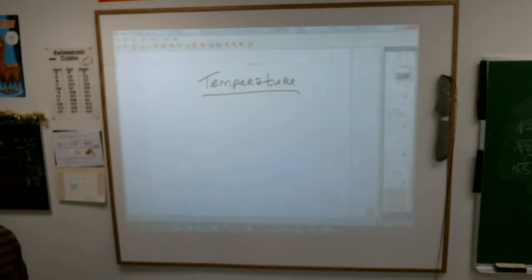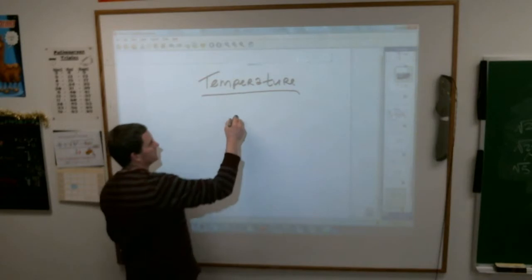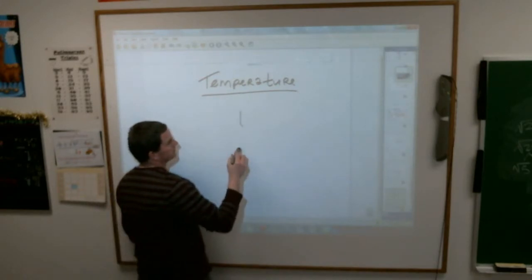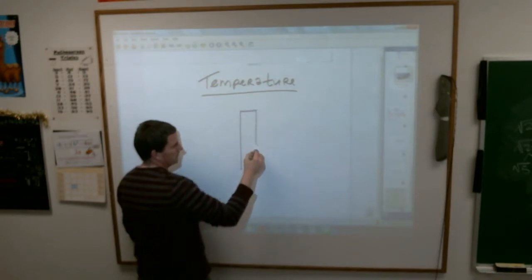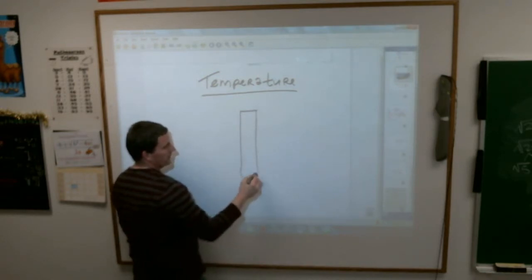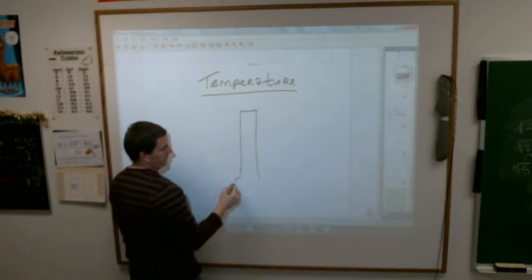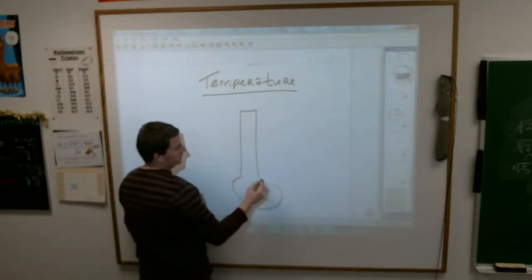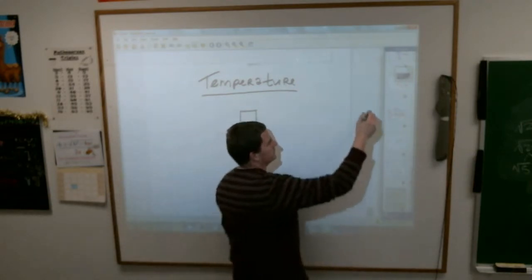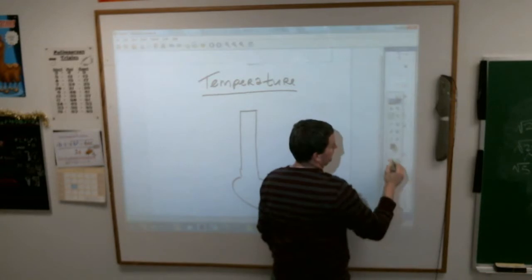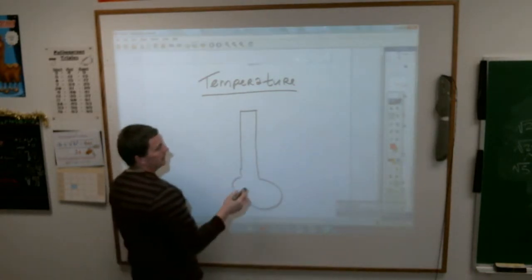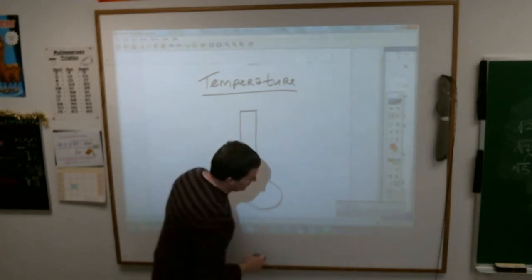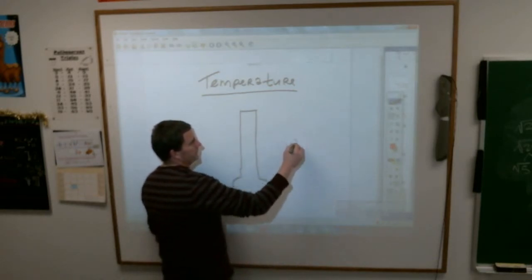And then draw yourself with me a nice little thermometer. And the reason why, temperature is kind of a simple little thing. And really no longer do we see little thermometers that look like this, but it's always funner to draw them like this just because. And if we're talking about our Fahrenheit scale,